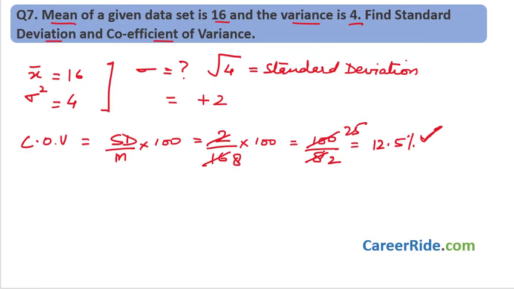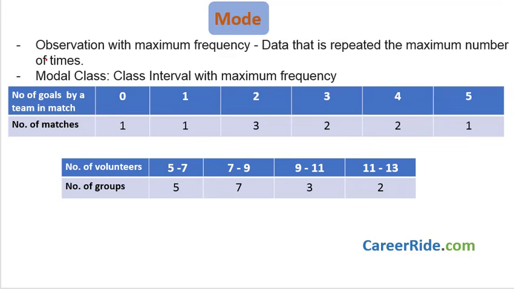See how easy it is to find this. It is nothing difficult at all, as I said earlier. All of these questions are very, very easy type of questions. All that you have to know is how to solve these questions. Okay. So now the next important thing that we study in statistics is mode. First of all, we need to know what this mode is. Mode is the observation that appears the maximum number of times, that has got the maximum frequency in the data set. So you can say that it is the data that is repeated the maximum number of times in the